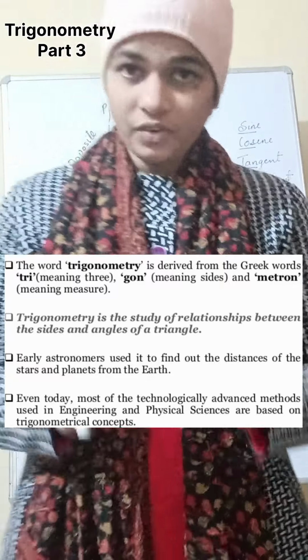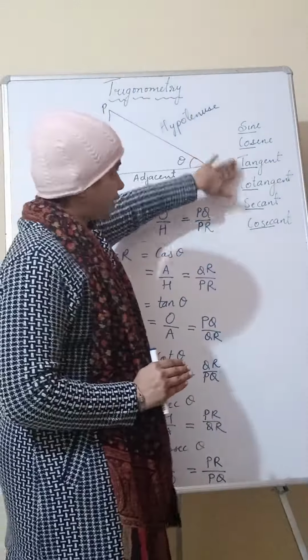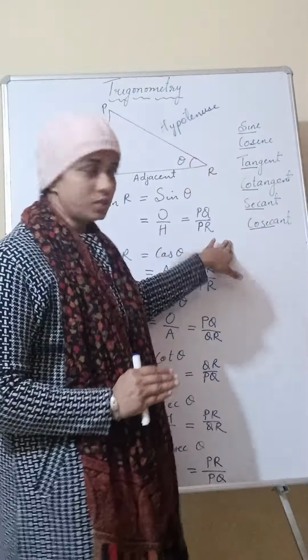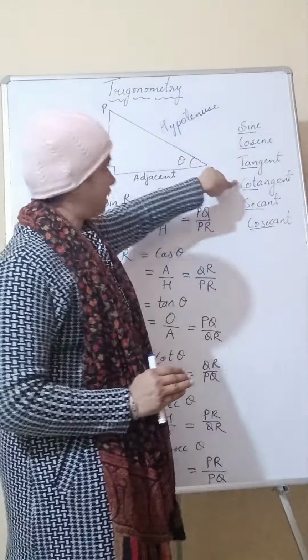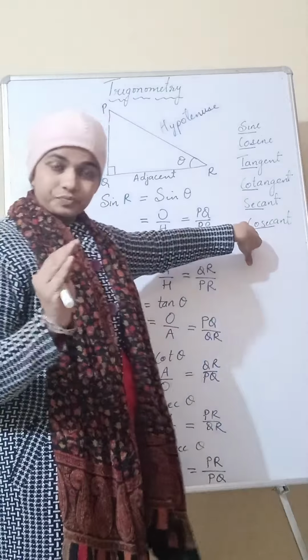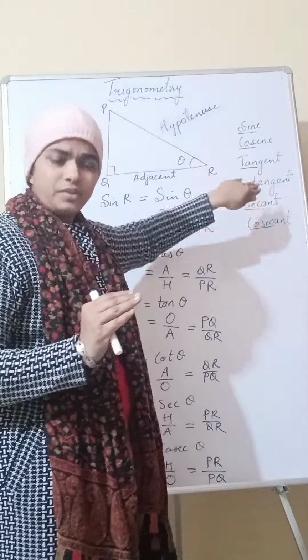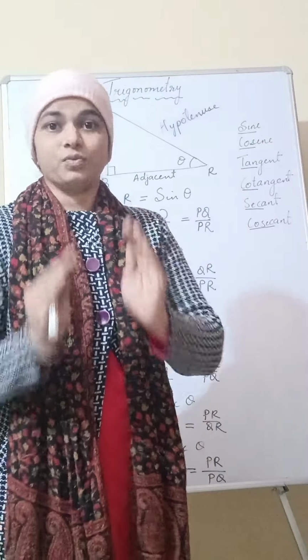that trigonometry deals with a right angle triangle. It shows the relationship between sides and angles of a right angled triangle. Now let us see how it shows. So now with the help of these trigonometric ratios, they are sine, cosine, tangent, cotangent, secant, cosecant. With the help of these trigonometric ratios, it shows the relationship between angles and sides of a right angled